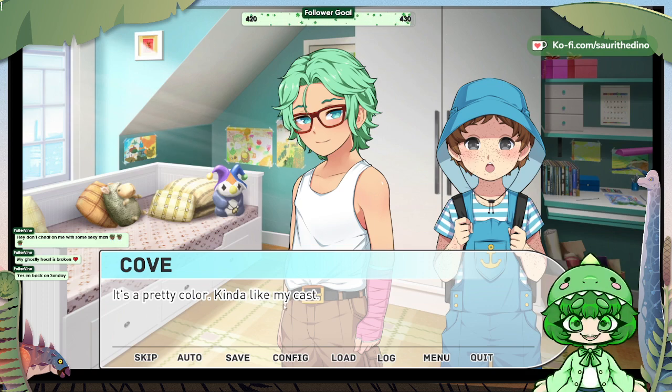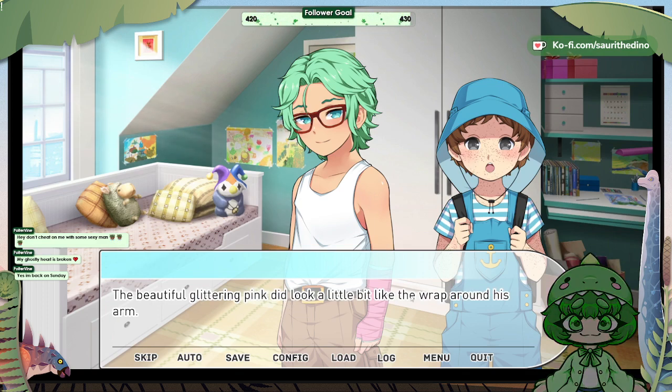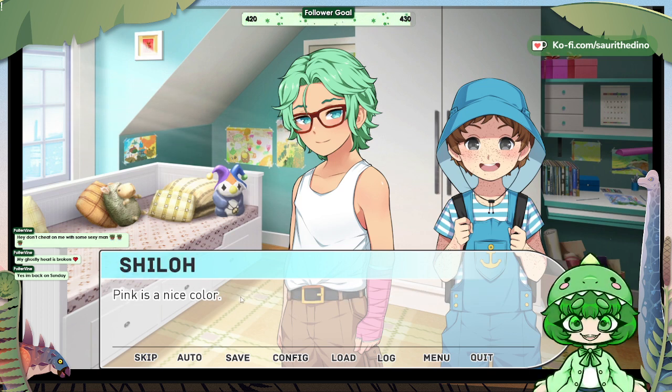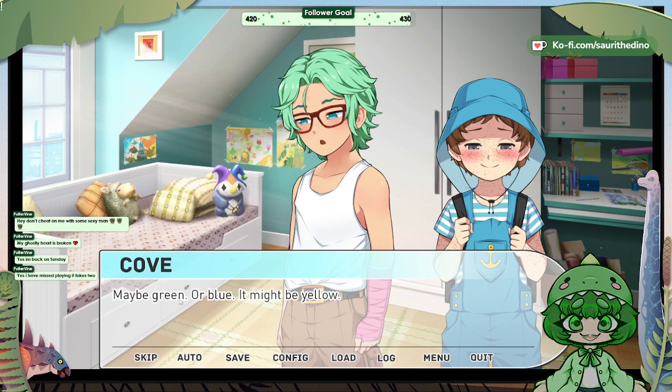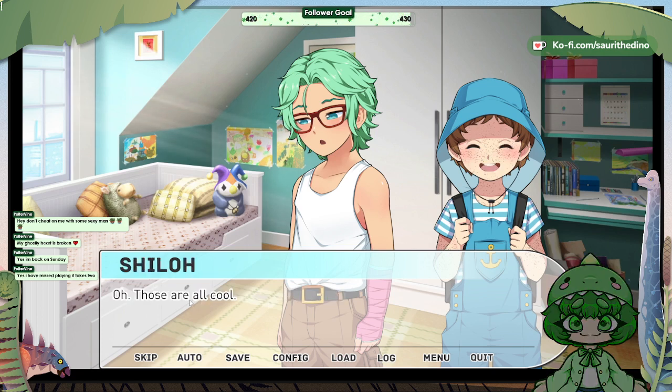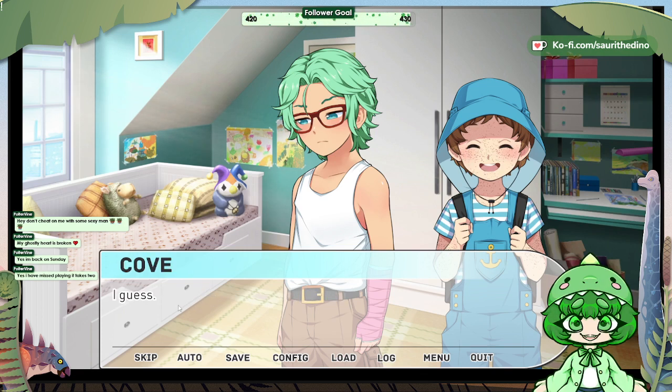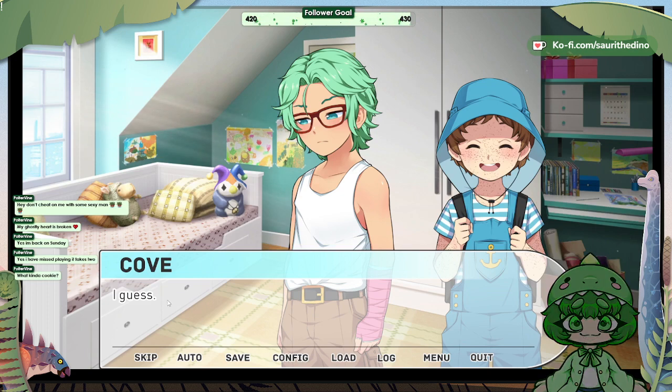It's a pretty color, kind of like my cast. Pink is a nice color. Okay. Is it your favorite? Not really. What is? Maybe green or blue, might be yellow. Oh, those are all cool. I guess. Kind of cookie? It's a Milano double dark chocolate Pepperidge Farm cookie.